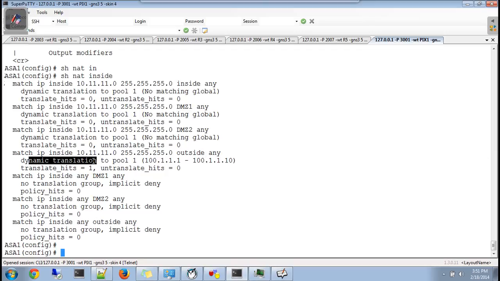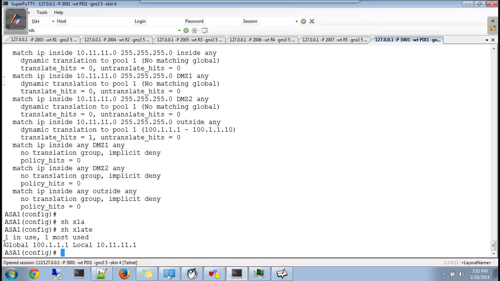From which pool? From pool, and this is the IP address available in the pool. And already one translation has taken place also. That's what you can see using the show xlate command. You have only one translation. That's why it's showing you.